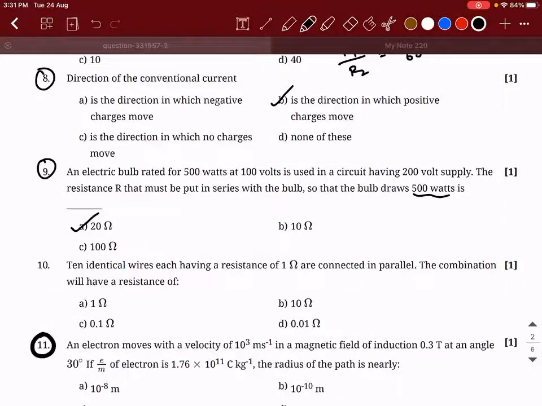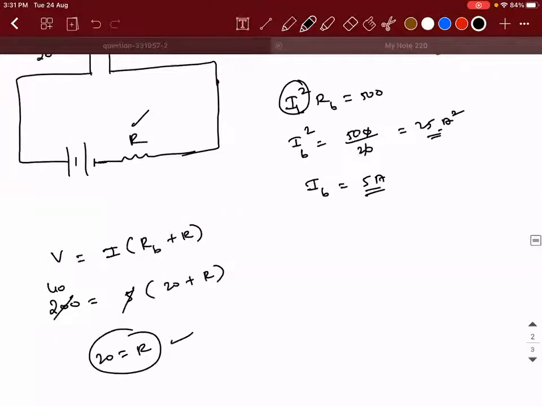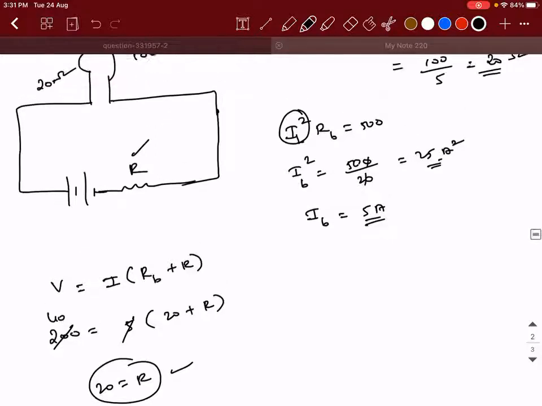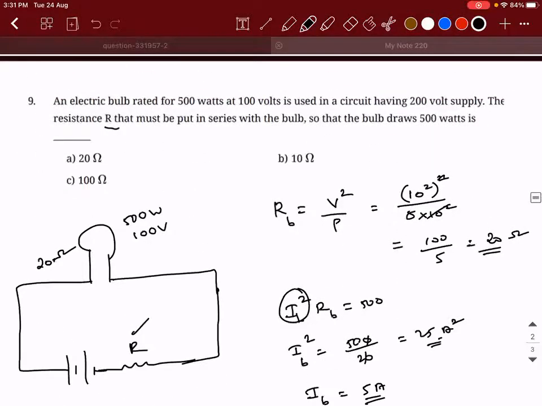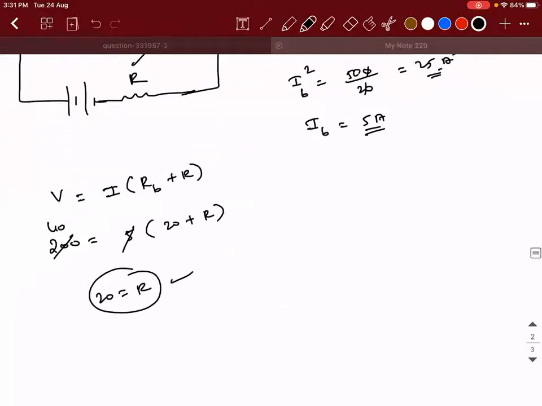Sir, at that point alone, what I did was, since in series the potential won't be the same, total V equals V1 plus V2. So 220 volt equals the potential of the resistor plus the potential of the bulb, which is given as 100. One minute. Why did you take 220? Oh, 200 volt. Okay. Maybe that is the reason you didn't get the answer. You took 220 because it's alternating current, RMS value. Okay. Maybe that is the reason. Now you check your calculation. But I'm able to understand that the method you followed is right because the logic is right.